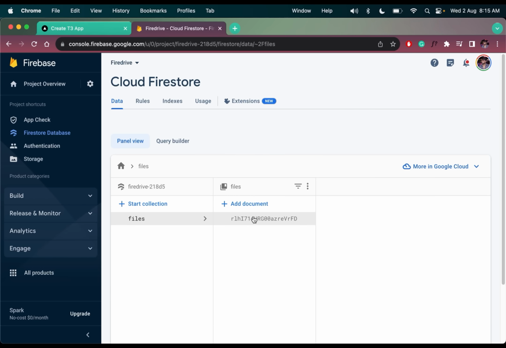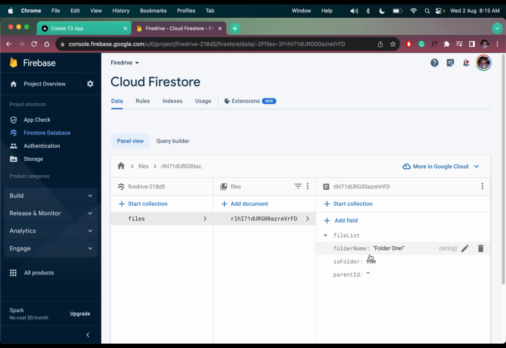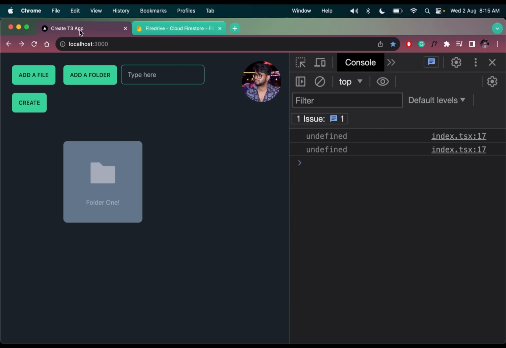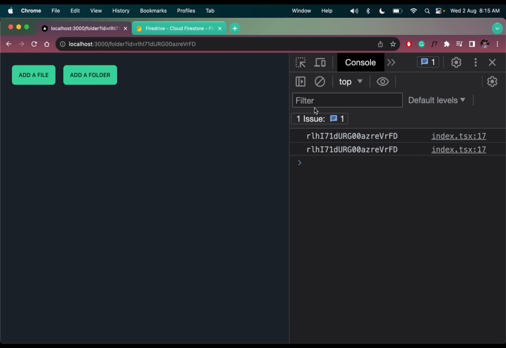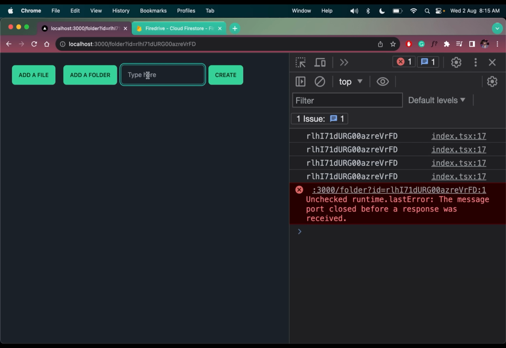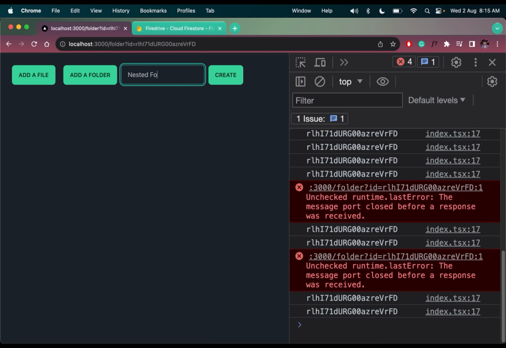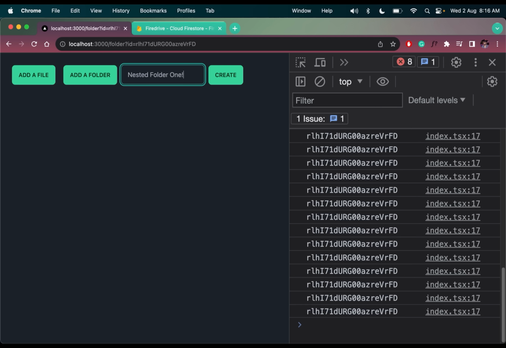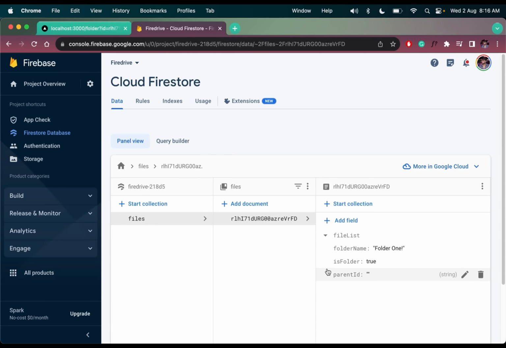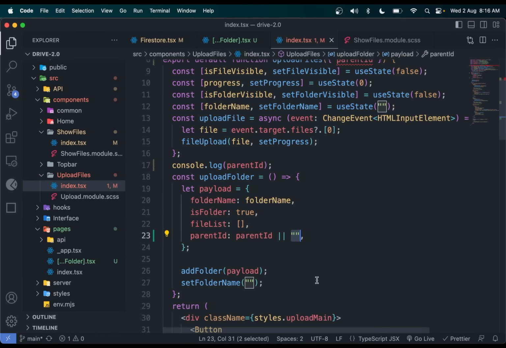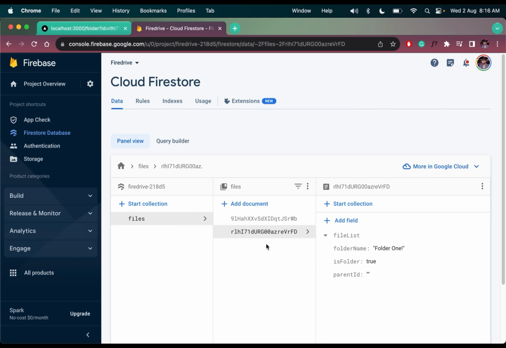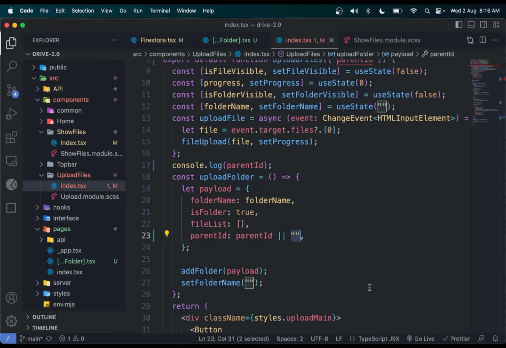Now click create. This is here reflecting in the database as well. The parent ID is empty string. Now if I go into that folder and create another folder, let's say nested folder 1, we are seeing the ID of the parent, which is our something. See, this is the ID, and the same thing we're seeing here. So click create. It is here, but we cannot see it because we need to